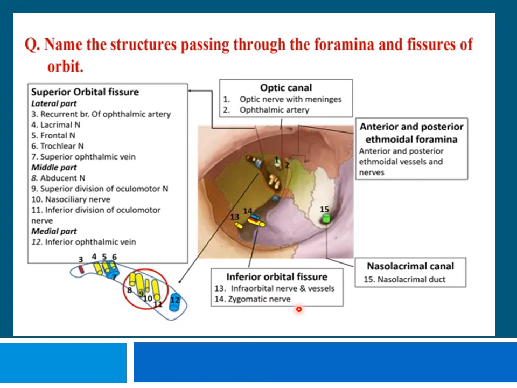So this is briefly about the orbit, and what remains in the norma frontalis is the anterior nasal aperture, which I will continue in the next class. Meanwhile, dear students, read about the norma verticalis or the superior view and the norma frontalis: the bones forming the norma frontalis, the various foramina in the norma frontalis, the margins of the orbit, and the various foramina present in the orbit. We shall discuss the anterior nasal aperture and other things of the norma frontalis in the next class. Okay, thank you very much. If you have any clarifications, you can ask me.